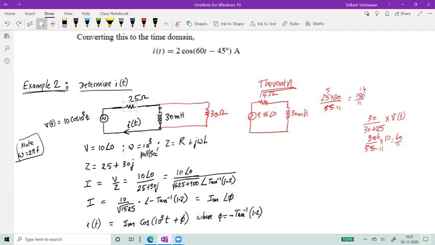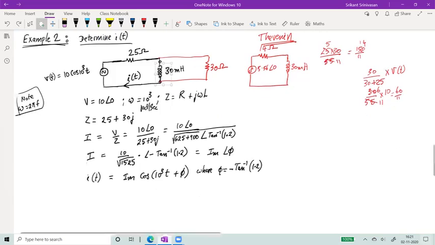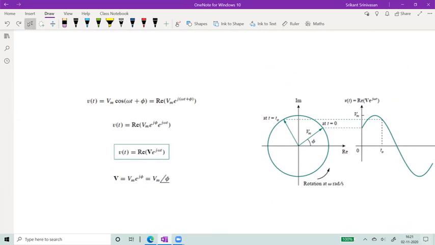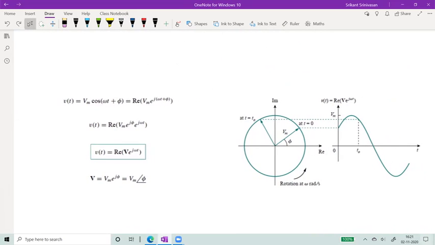So this current will have a different phase than this current, than this current. All of them may be different. But overall, the frequency will remain the same and magnitudes will change according to whatever the individual components are. So just one last point quickly.